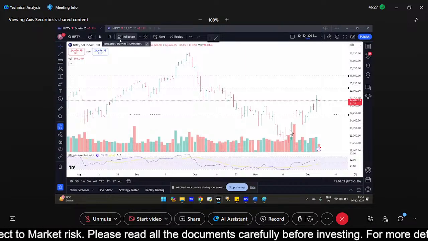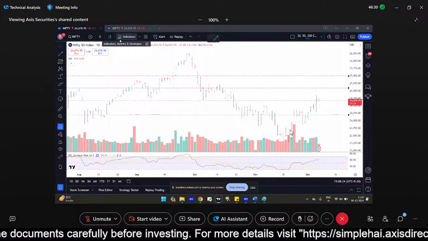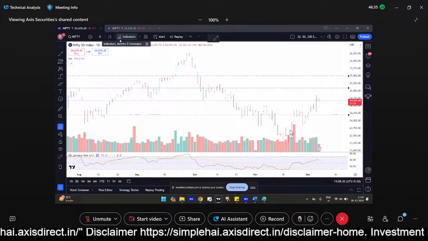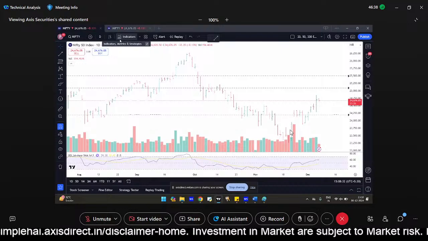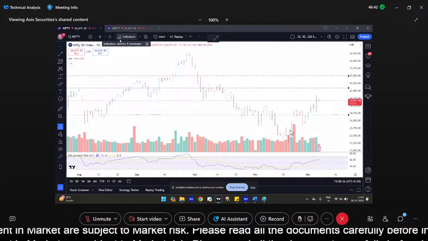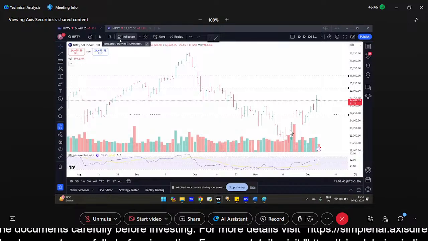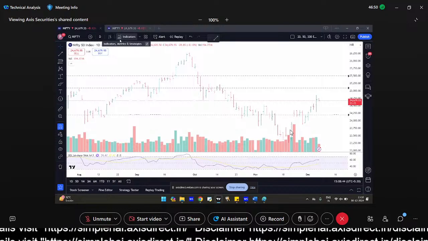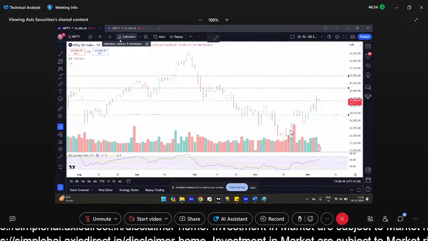Line chart is certainly easy, but the problem with a line chart is that you get less data, because you only have the closing prices, you don't have the open, high and low prices. So if you want to understand the sentiment of a particular day, then a line chart might not be able to help you. But say for example you are looking at the Nifty chart from 2000 to today, that is when probably a line chart will help you.